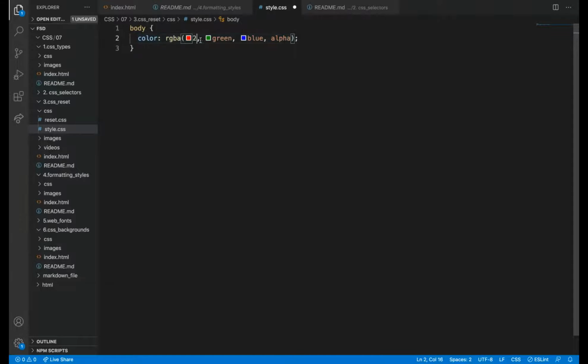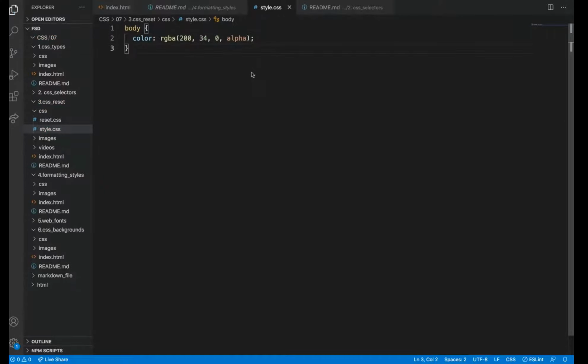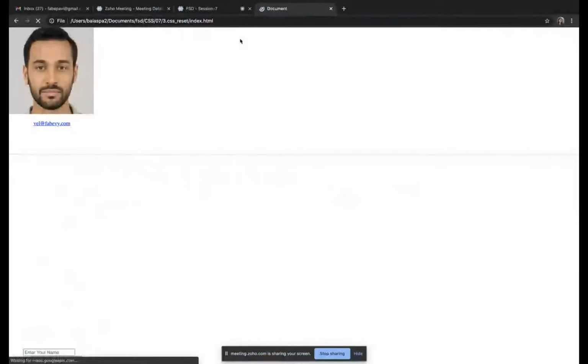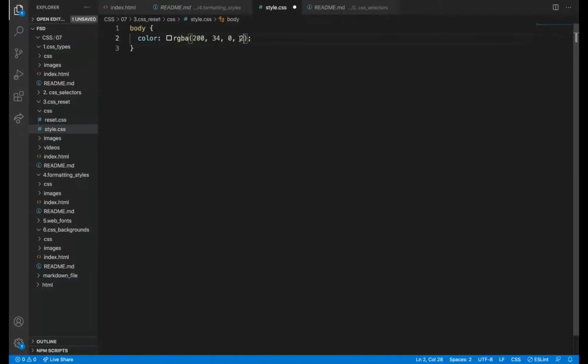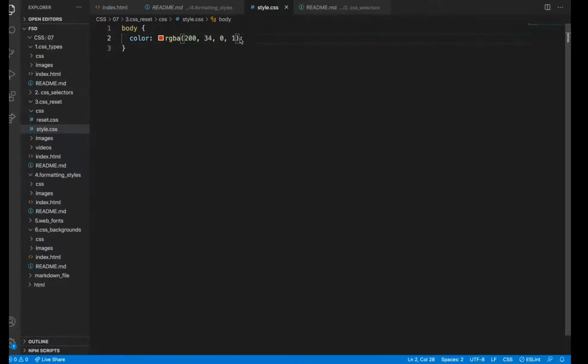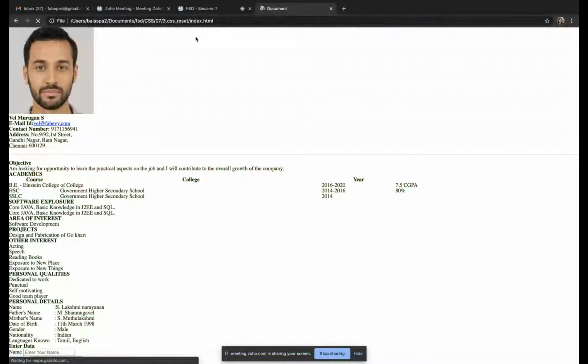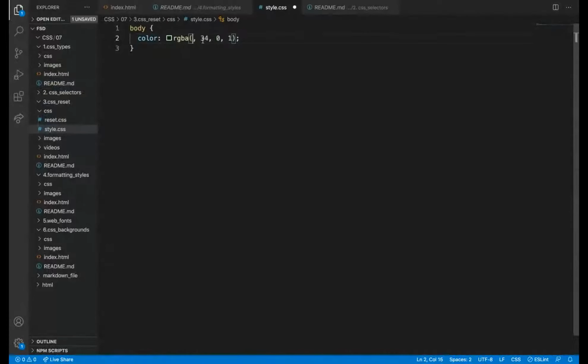So if I give some numbers, the color is red here. So I'm giving 0. So I can change anything I want.